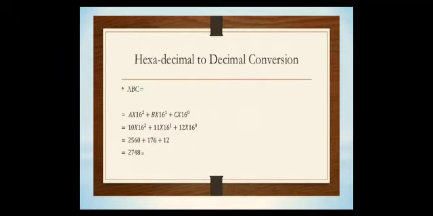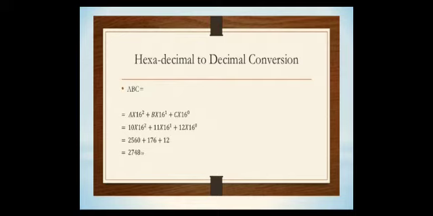So here this is the example of the previous slides. First I am converting hexa to decimal. Here ABC is an example. As we already know, A means 10, B is 11, C is 12. So this way hexa means 16. 16 power 0 into C, 16 power 1 into B and 16 power 2 into A. Okay, we already know it.